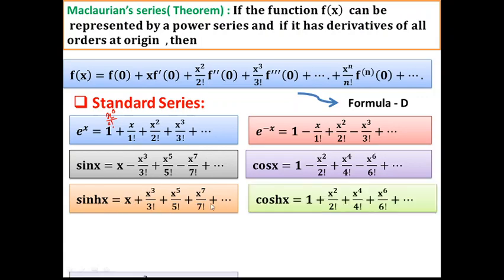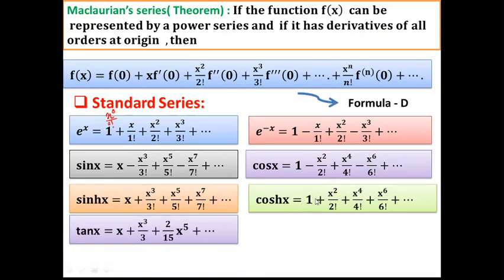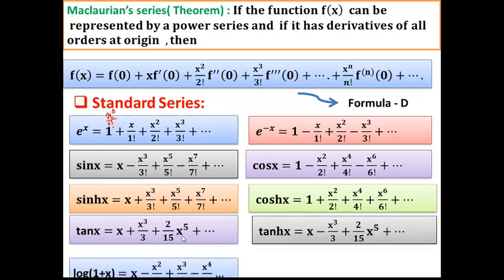Okay, so then similar is the case with the hyperbolic cosine function also. Now, for the tangent function, we cannot have some common observation as we have observed in the earlier series, right? So this you have to remember: tan x is equal to x plus x cube by 3 plus 2 by 15 times x to the power 5 and so on. Similarly, we can have tanh x, I can relate it with this. So here we have the alternate plus minus sign.